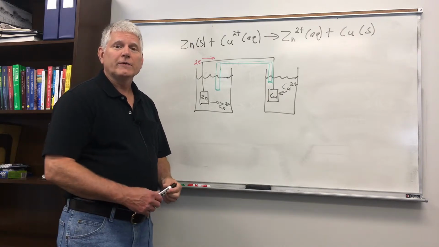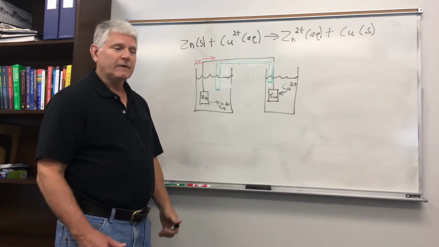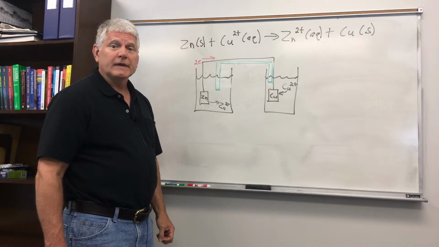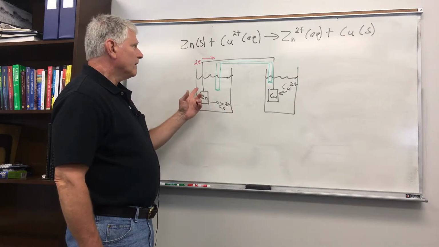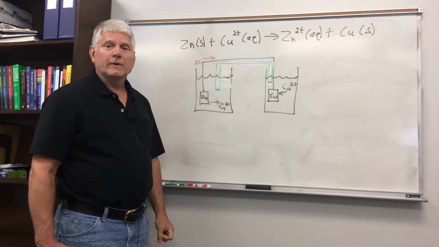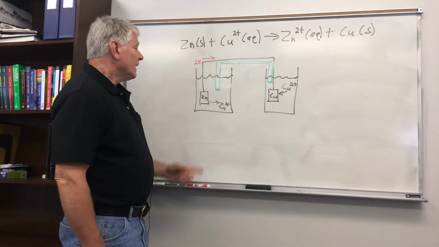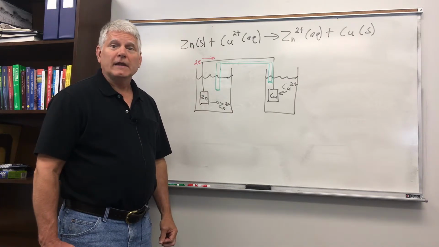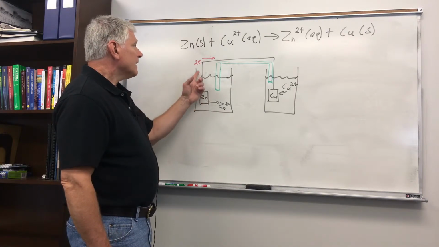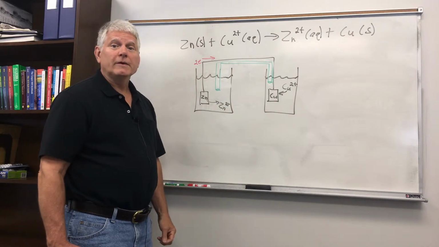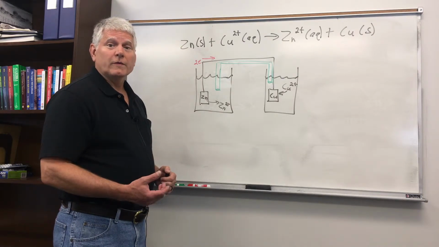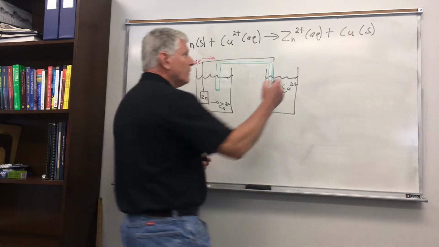Well, you're very familiar with the gravitational potential. So if I drop this marker, it will fall due to the force of gravity. And there is an electrical potential due to the attraction and repulsion between electric charges, and it produces a force just like the gravitational force acting on my marker, and it will move the electrons through the wire from one beaker to the other. And we can measure this potential or this force, and we call it the cell potential